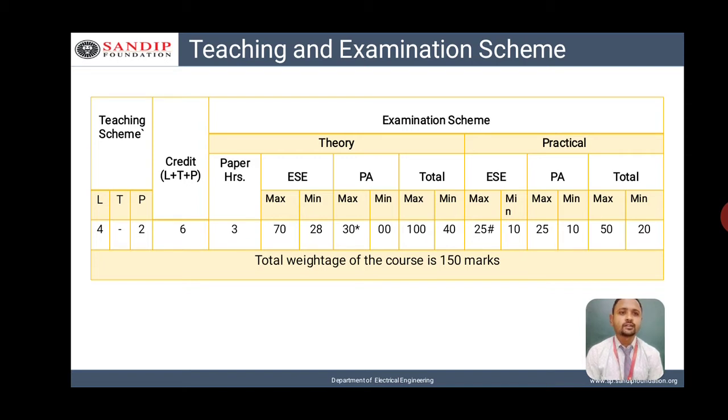In the practical session, there is an end semester exam of 25 marks external. After that, progressive assessment for 25 marks. It means performing the practical and completion of the manual, of 25 marks. Like that, theory part of 100 marks and practical part of 50 marks. In this way, the total weightage of this course is 150 marks.